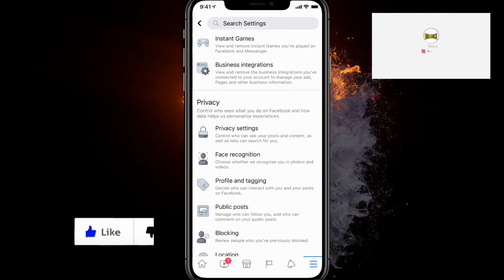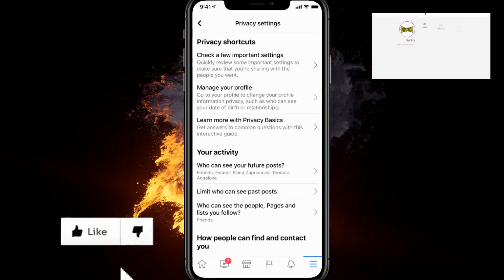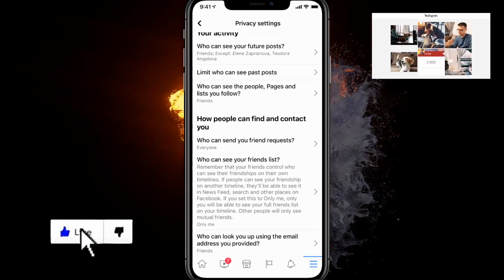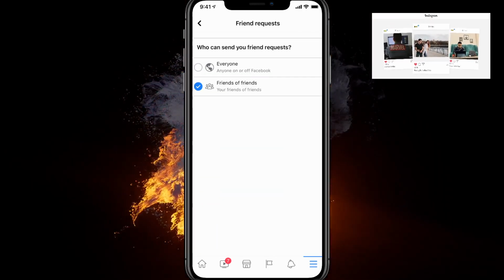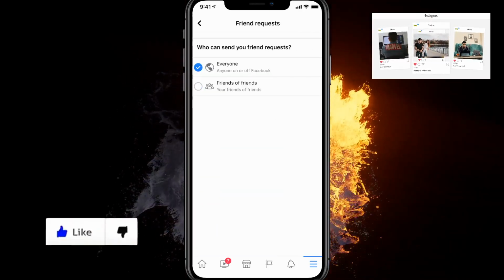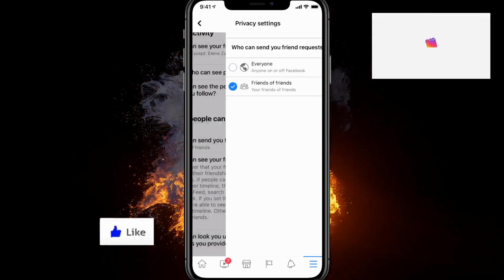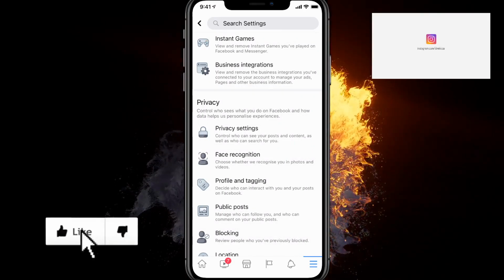Under the privacy tab, you go there and you want to make sure that down below, who can send you friend requests, you want to click on it and make sure you have friends of friends enabled. Not everyone, you want to have friends of friends. Leave it at that. So then what you can do is go back 2 times